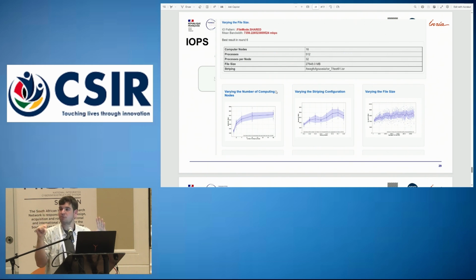And the new report will do this. So if you want to know exactly what one of the points that we have here in the file size represents, okay, you know that that was executed with this number of compute nodes and processes. So it will be way more informative in terms of quality of data, let's say,